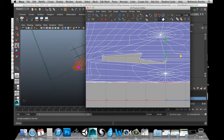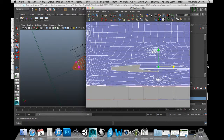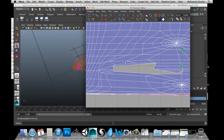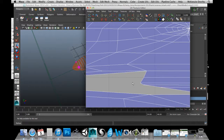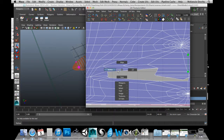So we can see the gap is actually mostly on this side of the center line, okay? It doesn't have a lot to do with this side over here. So let's see if we can go about filling this gap in, alright? And connecting everything. So we can see there's a little corner right here where it begins to split apart, alright? And if we just go ahead and bring things in line, so grab this UV over here and just bring it over,